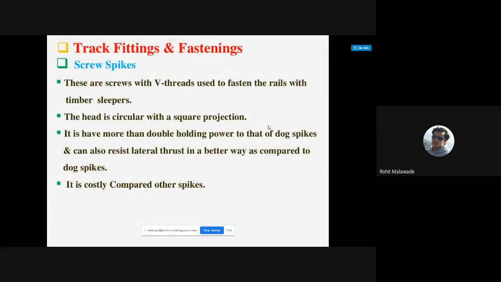Now screw spikes. They have a thread. The reason why we call it a screw is that it has the thread in order to fasten with the timber. The head is circular with a square projection, and it is costly as compared to the other spikes.